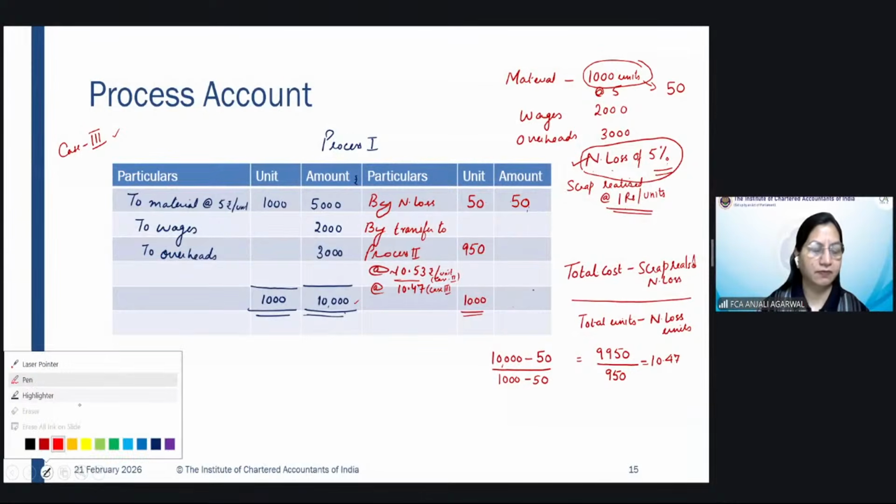So we are taking different cases. Case one was when there was absolutely no normal loss. Case two, there was normal loss of 5%, but no amount realized from the sale of scrap. Case three, when the scrap is also realizing some amount. Okay, so next,